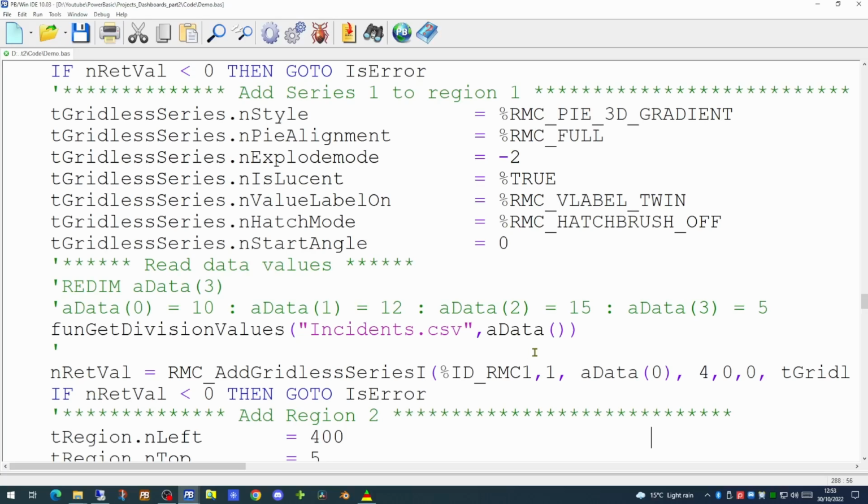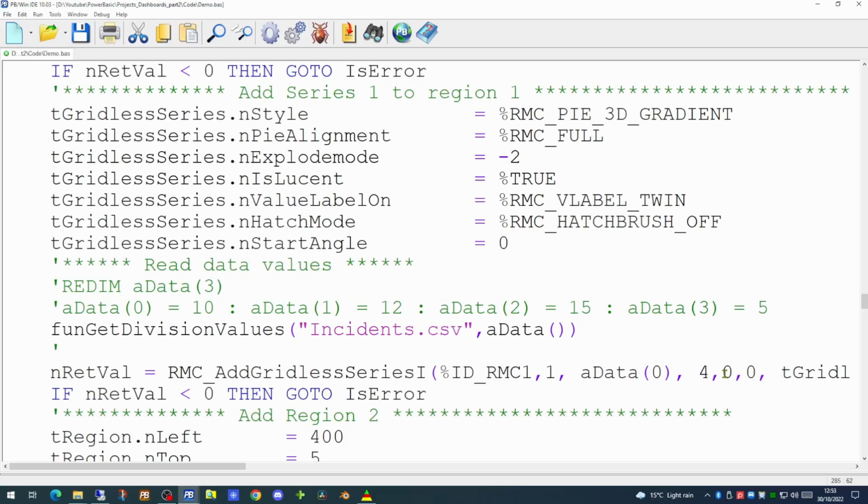Now there is one additional change we have to make. In this function here, which is displaying the pie chart on screen, it takes a number of parameters. One of these parameters is the array which contains the information. We're passing the 0 element, and that gives that function the information to know where to get its data from. It's followed by a number 4. Now this number 4 is not an arbitrary number. This is the number of elements within the array.